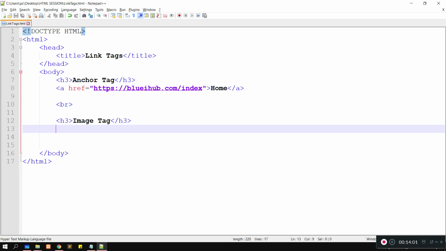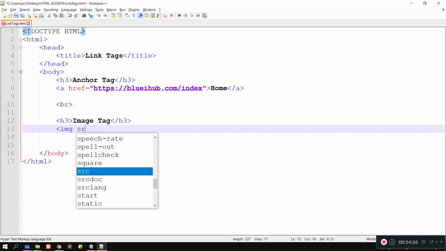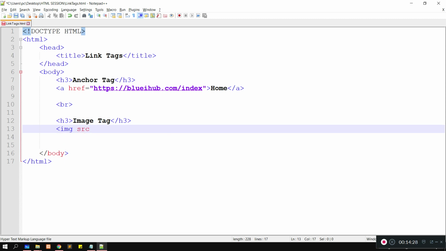So the image tag is also like the anchor tag. Whatever the anchor is doing, the image tag will also do the same, but this is for images only. So we have to start with img, meaning image. Then src, src means source, where is the file.